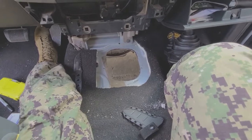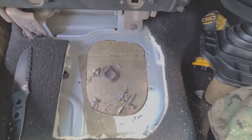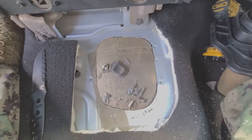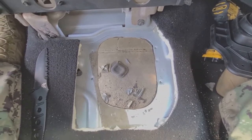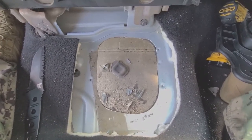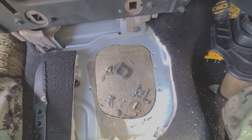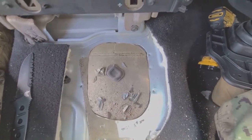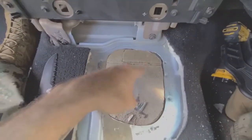Oh my Lanta. You guys might be saying, wow, what a good looking hole. It may be so good looking, in fact, that you want me to come cut the floor out of your truck when you do the swap. That is not gonna happen. I took 6 years off of my life with the amount of stress just doing this. Goodness. All right, so what I did was, I started out cutting this big plus in here